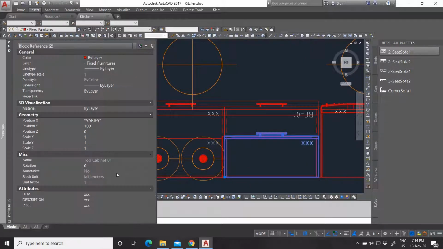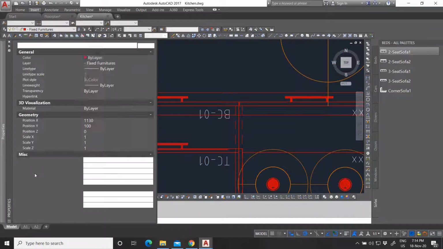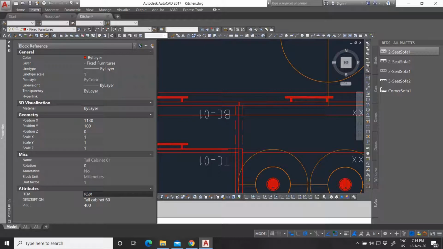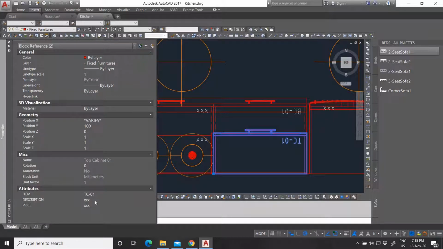This is now our top cabinets, 01. Now I see here we have tall cabinets, but this is not the same as this, so we cannot give it the same code. This one cannot be named TC01 and this one also be named TC01. It won't make much sense. Let us call this top cabinet,